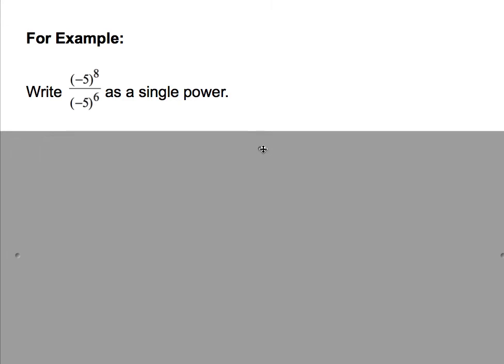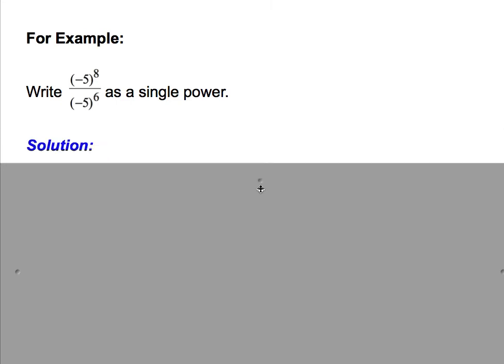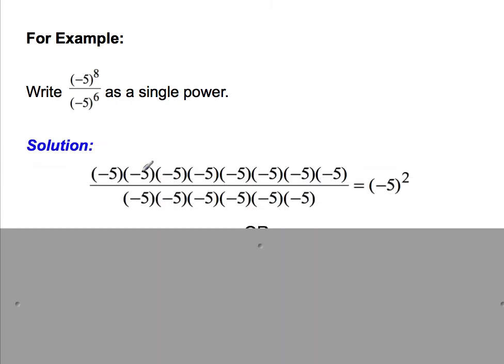It doesn't matter if your bases are negative. So if I have negative 5, remember the brackets indicate that the negative is part of the base. So I have negative 5. And if I want to write it out in repeated multiplication, I have 1, 2, 3, 4, 5, 6, 7, 8. And then I have 6 on the bottom, 1, 2, 3, 4, 5, 6. So when I reduce this fraction to lowest terms, I cancel out all the like factors, and I'm left with